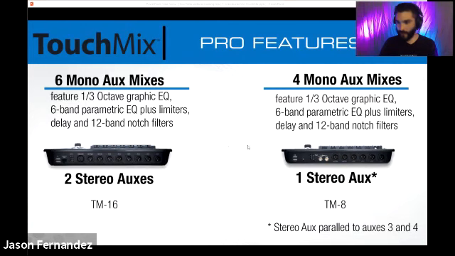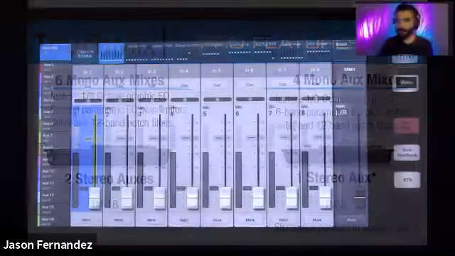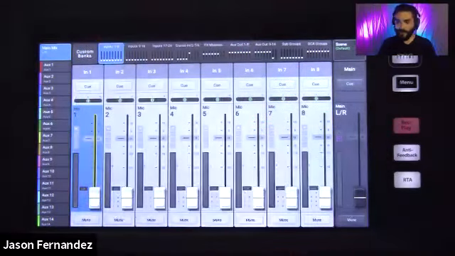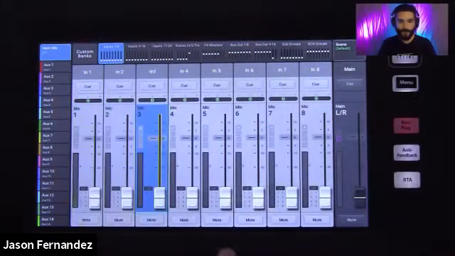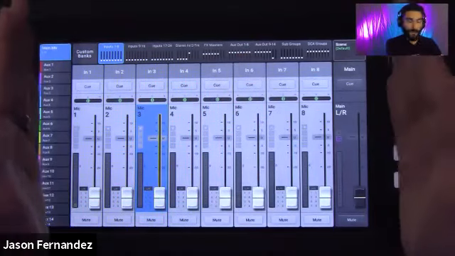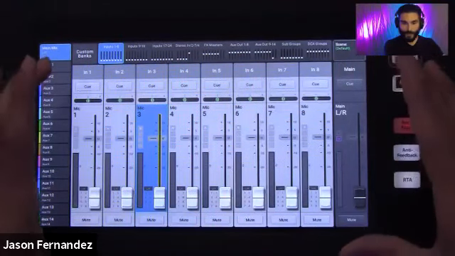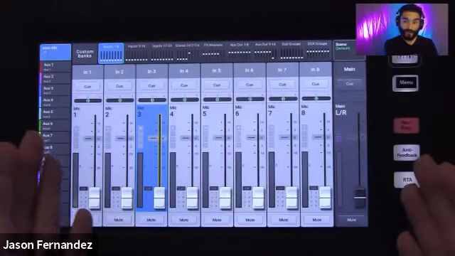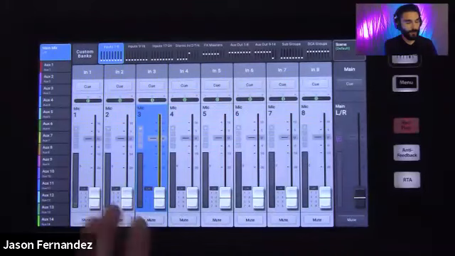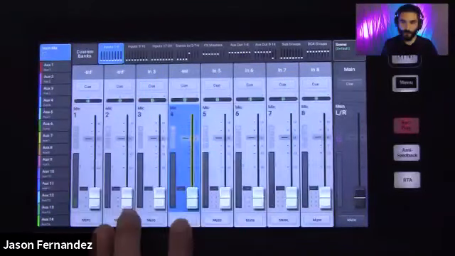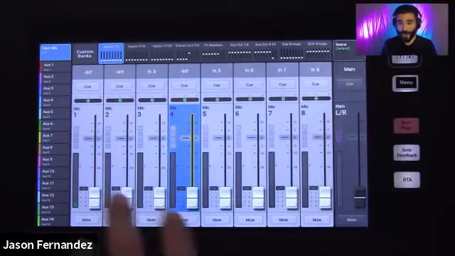I'm going to go ahead and switch my camera view now. Now you're able to see my actual mixer. There's my hand. All right, so let's talk about the controls themselves. The main control surface is a touchscreen. On the TouchMix 30 Pro, this is a 10-inch multi-touch capacitive screen. This will accept up to 4 touch points simultaneously. And so you can grab multiple faders or multiple controls at a time.